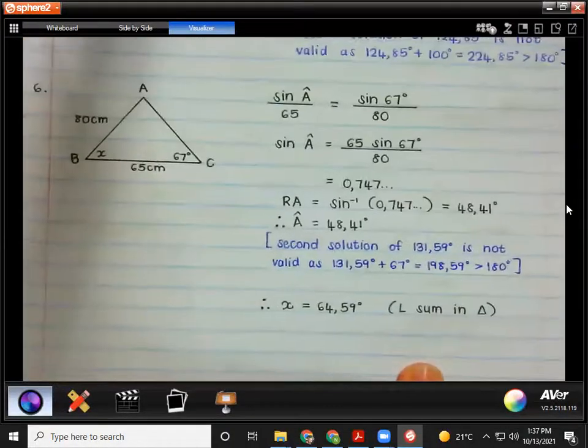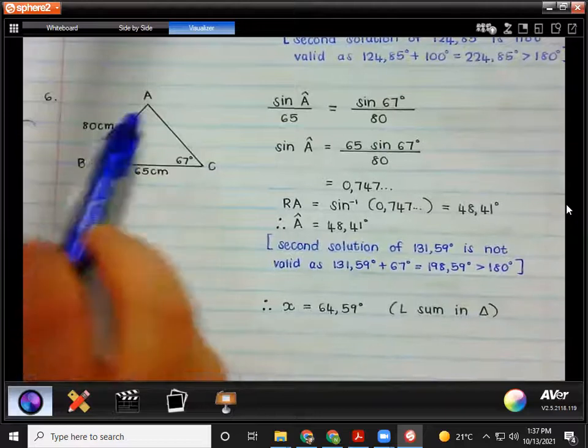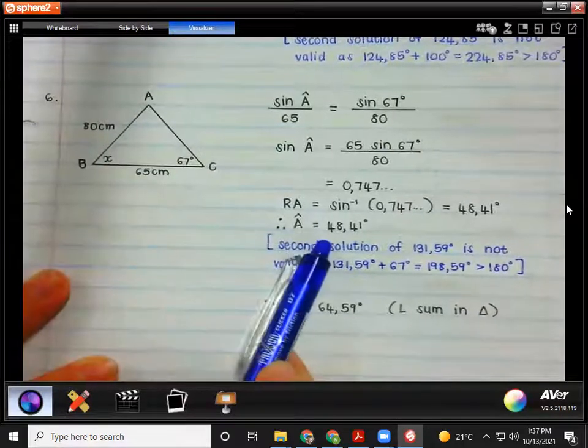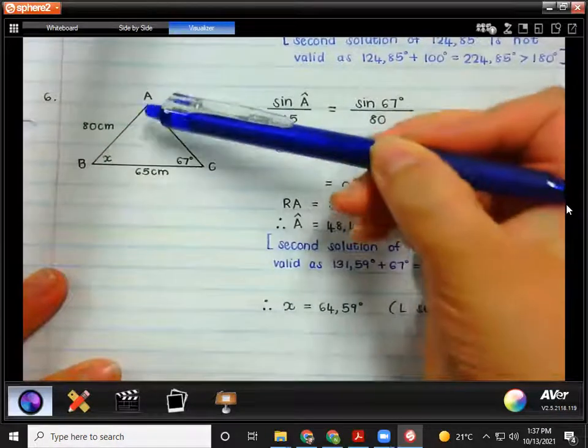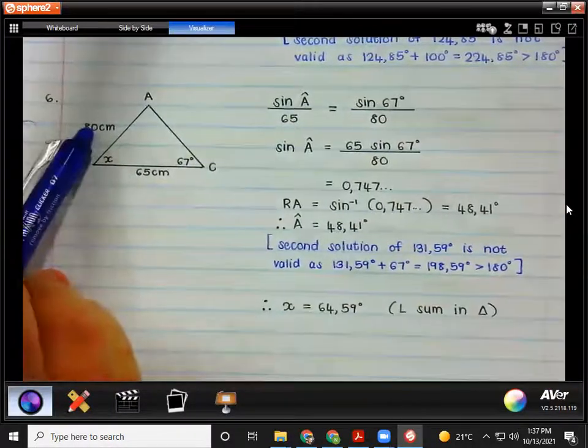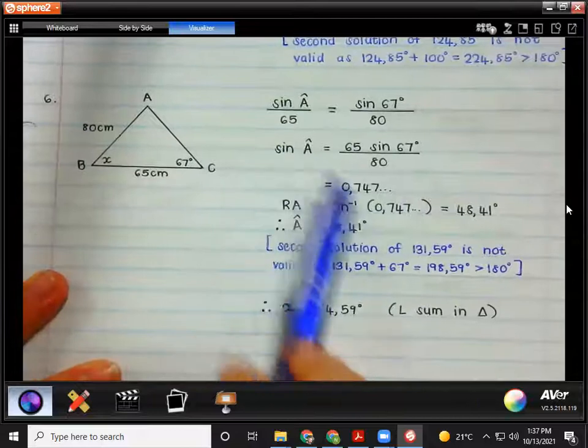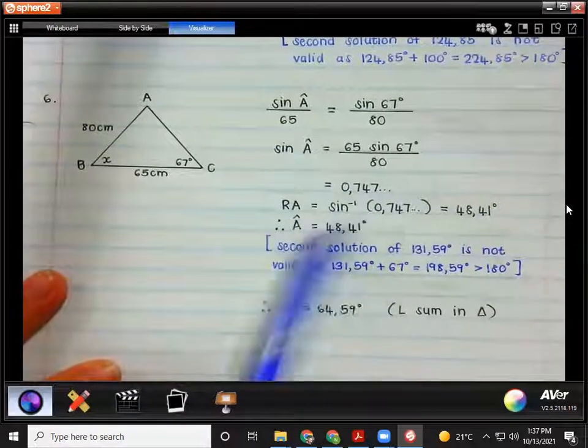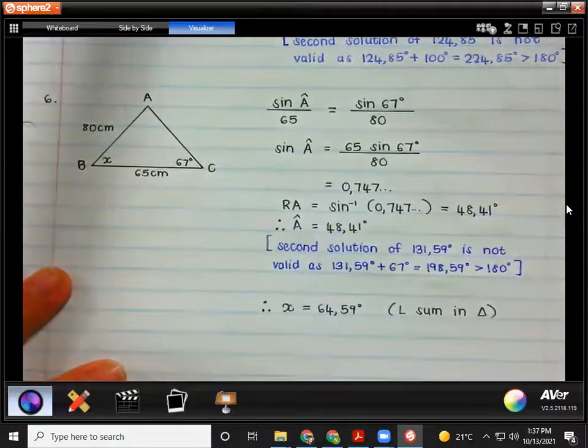Okay, number 6. So this was the one where you had to find A using sine rule first. All right, so sine of A over 65 is sine 67 over 80. You get your value for sine, you get your reference angle, and in this case, the second solution also was